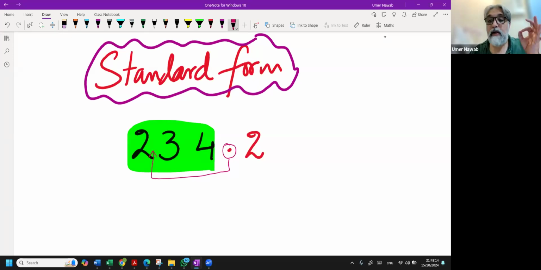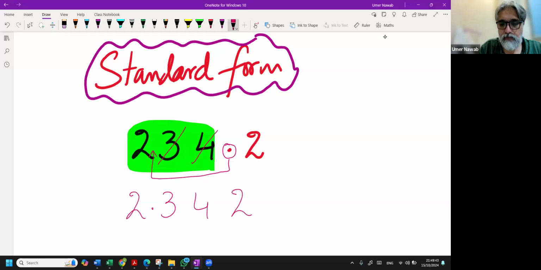Definitely, the decimal has to come in between 2 and 3 so that the number becomes 2.3, and that will be reasonably placed between 1 and 10. So I cannot write the decimal between 3 and 4. So how many digits will I be crossing while bringing the decimal from right to the left? So I am making a bigger number a smaller number. So it becomes